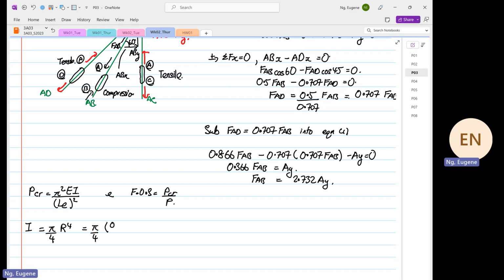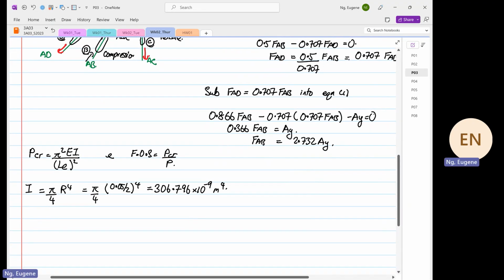The radius is equal to 0.05 divided by 2 to the power 4. So this will be equal to (0.05 divided by 2) to the power 4 times 3 pi divided by 4, which is equal to 306.796 times 10 to the power minus 9 meter to the power 4. Okay. So we want to determine